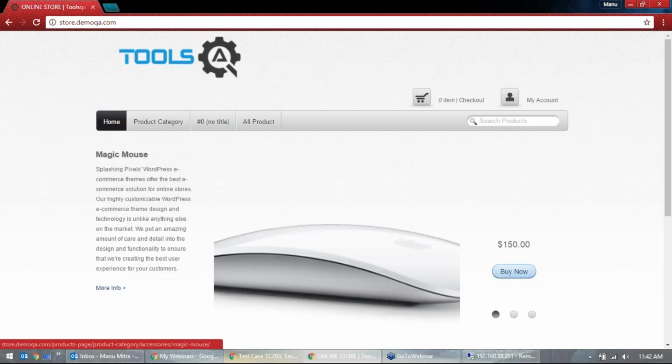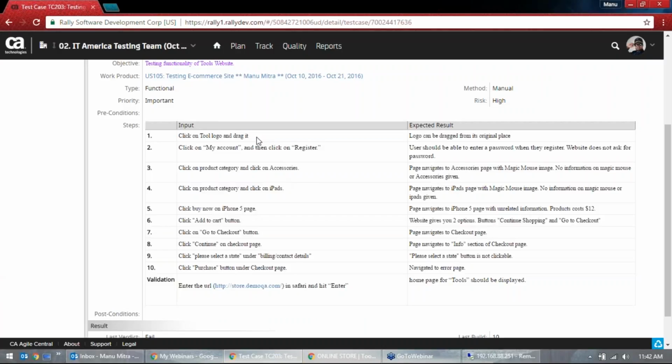That's a pretty good thing which this test case has brought. But this is not something you need to write in the test case. This is something to ask a business analyst,